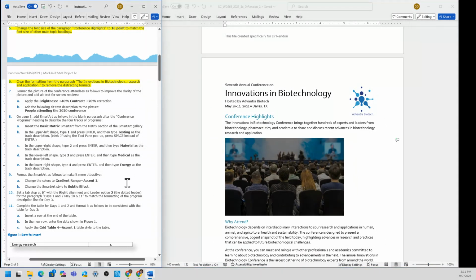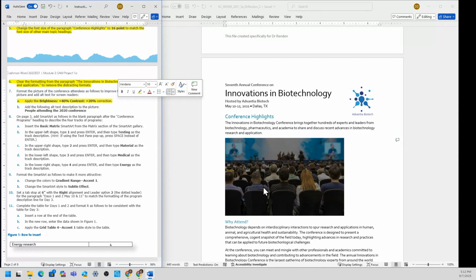Now, step 7, format the picture of the conference attendees as follows to improve the clarity of the picture and add alt text for screen readers. So I need to add the brightness plus 40 and contrast plus 20% corrections. So let's do that first.